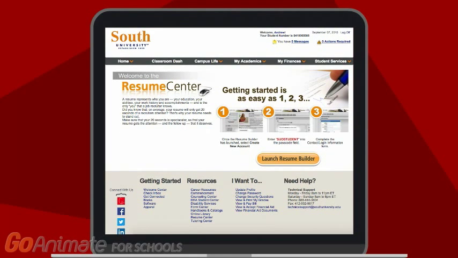You can also use our online resume builder to not only submit these documents, but to also create them as well. If you haven't done so already, we also encourage you to create an Optimal Resume account. Optimal Resume can be found in your student portal and Campus Common under the Student Services and Career Resources tab.